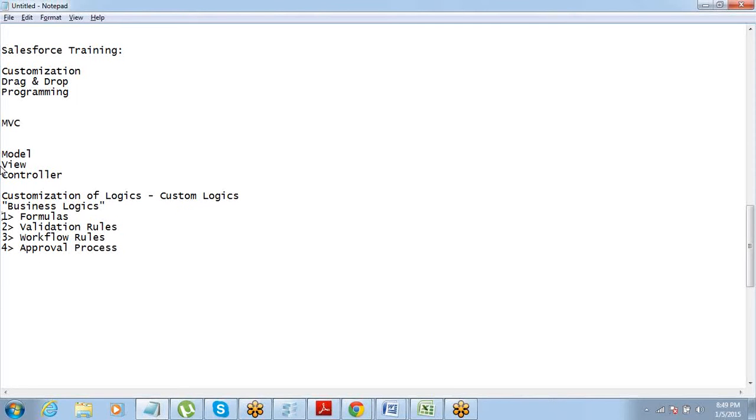so basically what does a logic do here? When I say a logic, what a logic does here is automate some stuff based on logic. Okay, so you don't have to actually go and do things manually. Salesforce will automatically do certain things based on what logic you have defined. Let's say, a very simple example is, if you have a price field and you have a tax field, okay, you want tax to be auto calculated.